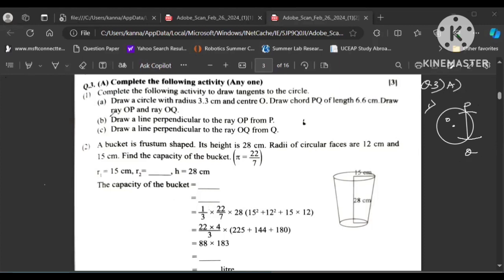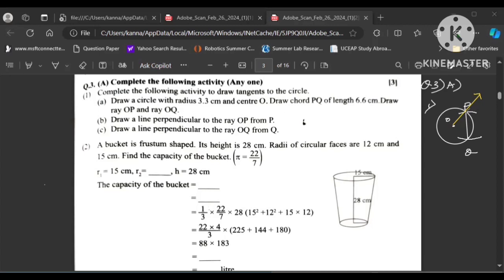Then they say, draw a line perpendicular to ray OP. They want me to draw ray OP, children. So I draw this yellow line OP. Okay, this is my ray OP. I just put an arrow here. This is my ray OP, and also they want me to draw a line